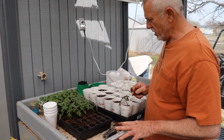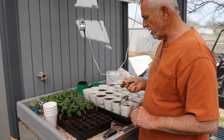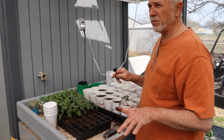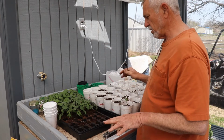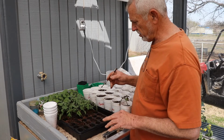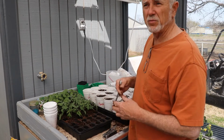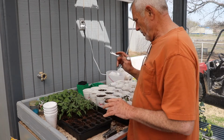But the Marglobe, it's an heirloom tomato, and I love heirloom tomatoes. Last year we planted 2 or 3 different varieties, but we had so much rain last year. It was a terrible year for tomatoes. I had them down low in the garden, so most of them didn't do very well. But this year I got them up at the top of the garden, so we'll probably have a drought year, but I can irrigate, so I don't have a problem with that. But anyway,